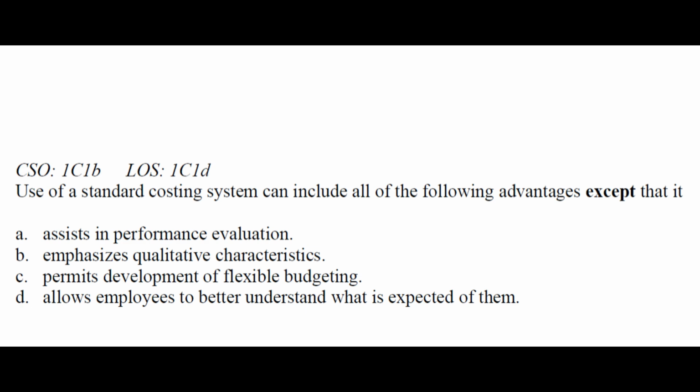However, it does not directly measure qualitative factors such as customer satisfaction, product innovation, employee morale, or product quality unless additional performance measurement systems are used. A. It assists in performance evaluation. Correct as an advantage. Standard costing allows managers to compare actual performance with established standards and evaluate efficiency through variance